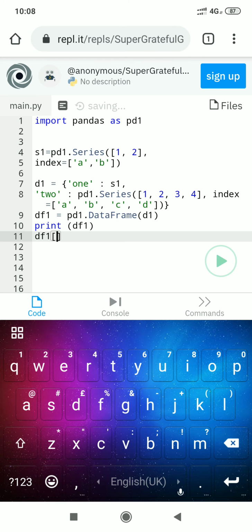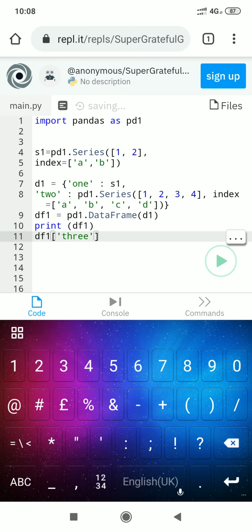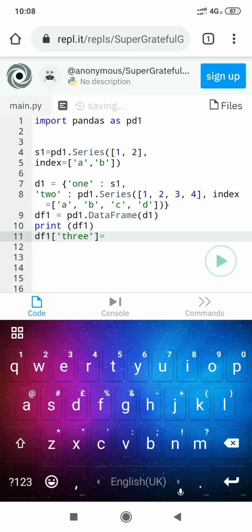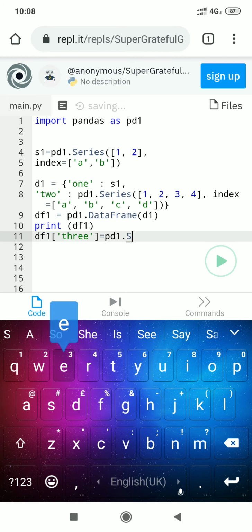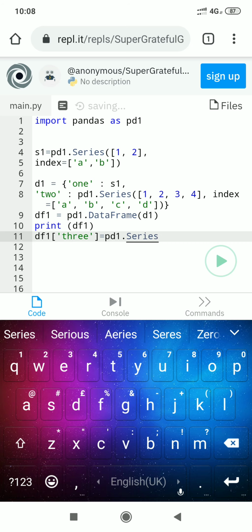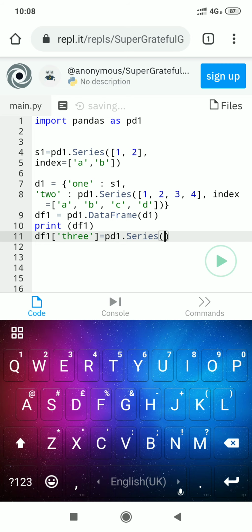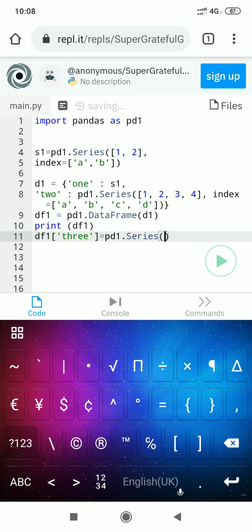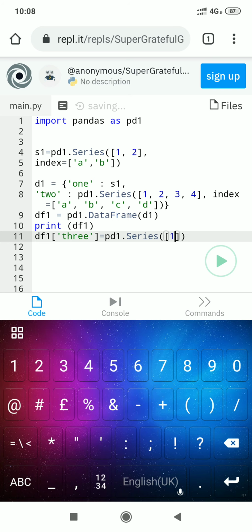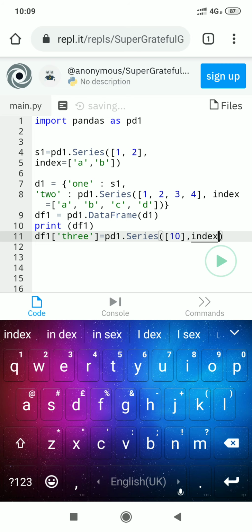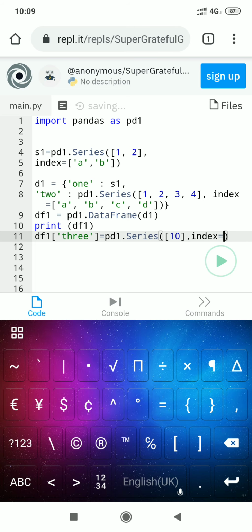I am making column 3, and that is equivalent to pd1 dot Series with values 10, then index equal, again you have to mention brackets.